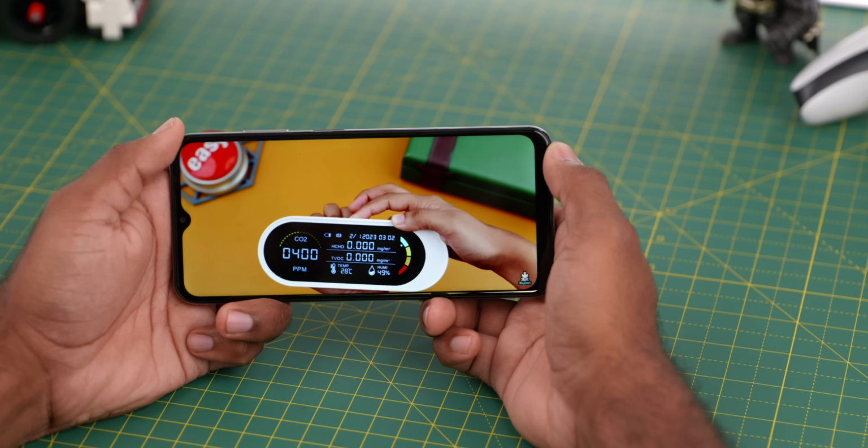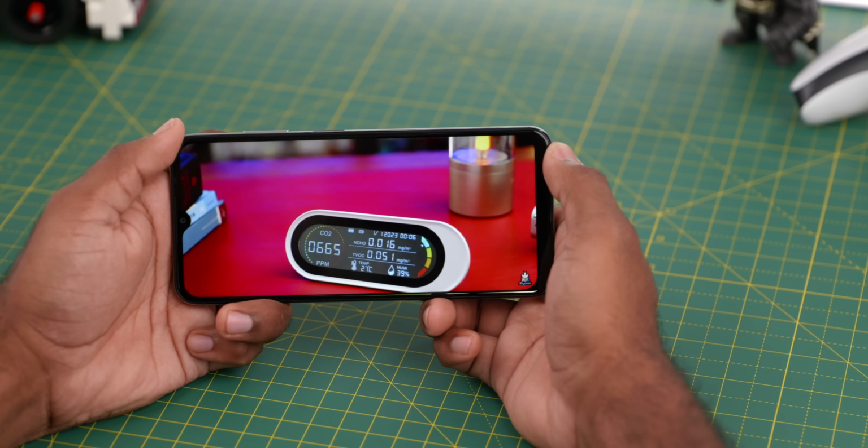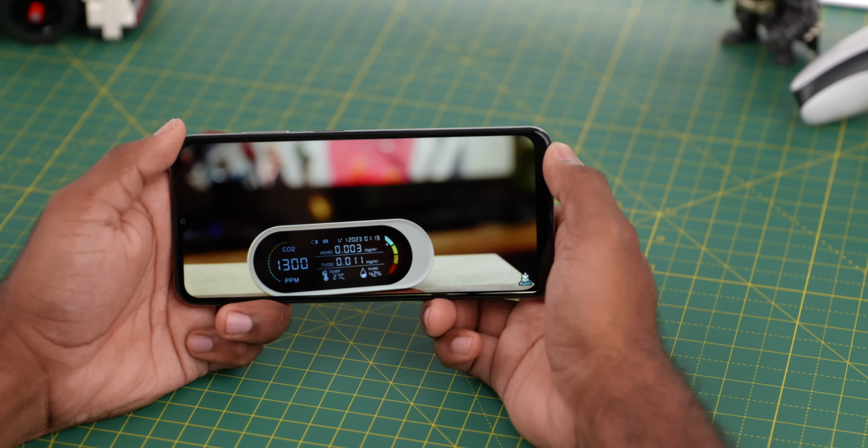And typically, industrial level monitors have NDIR sensors, which are non-disruptive infrared sensors, and this device actually has an NDIR sensor, which is why we picked it up. We measure the readings in the office in different...